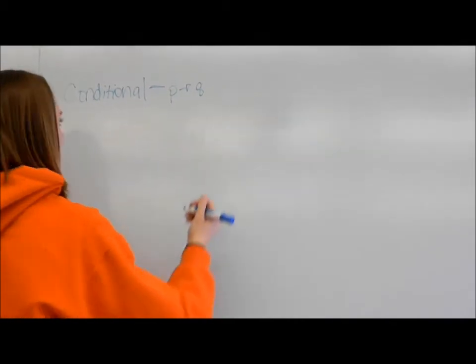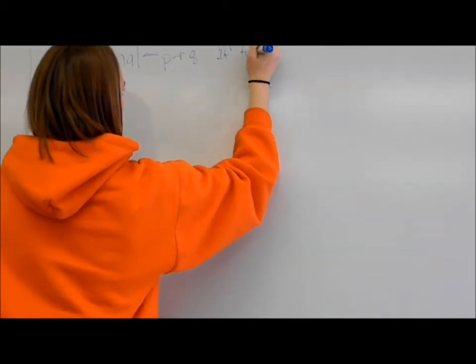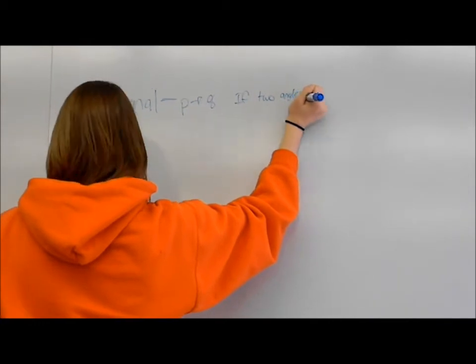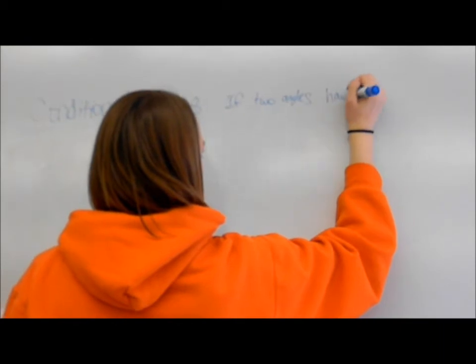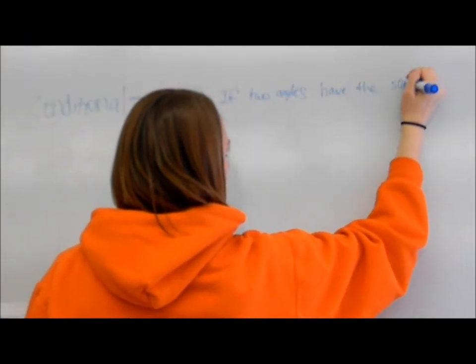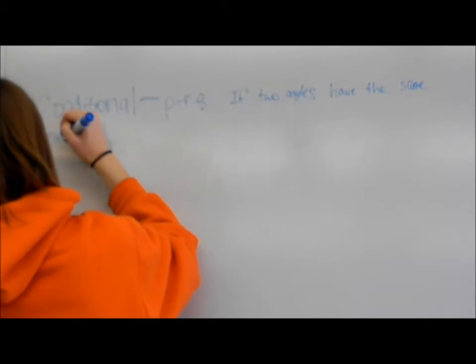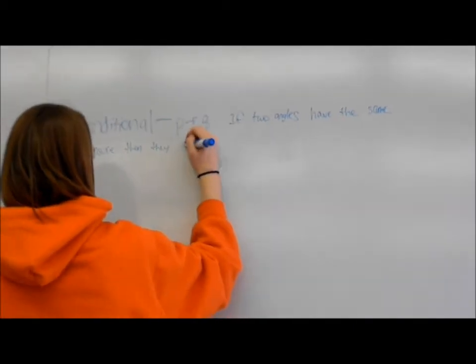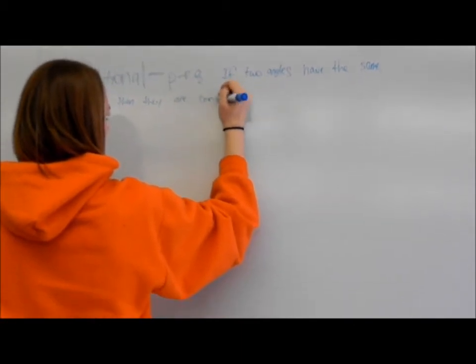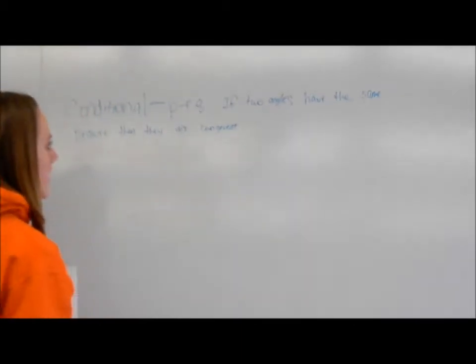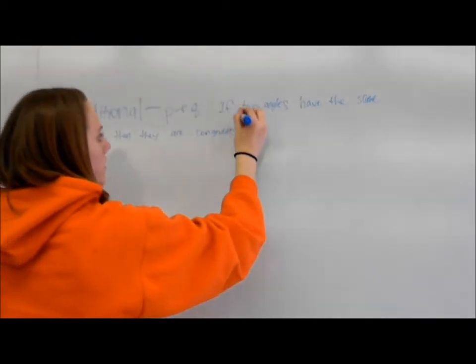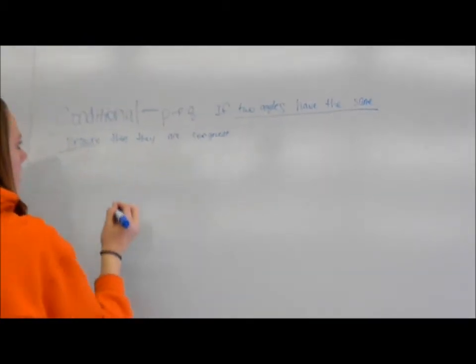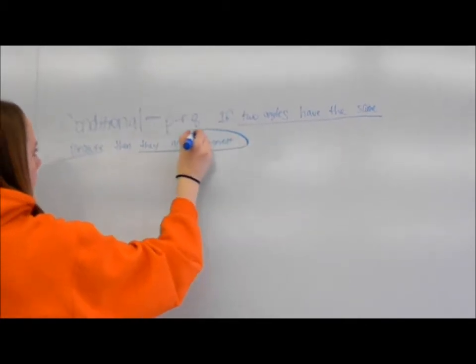So it would be if two angles have the same measure, then they are congruent. So the P in that statement would be two angles have the same measure, and the Q would be they are congruent. In a converse statement,